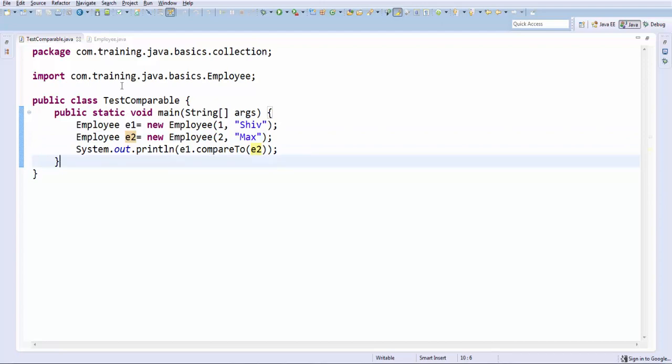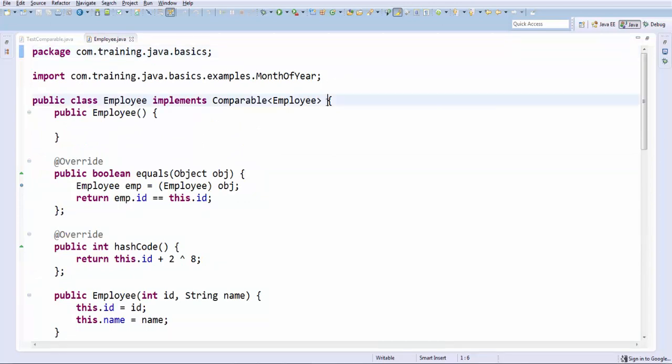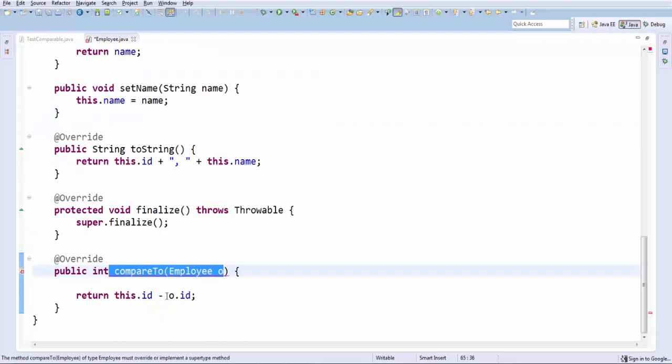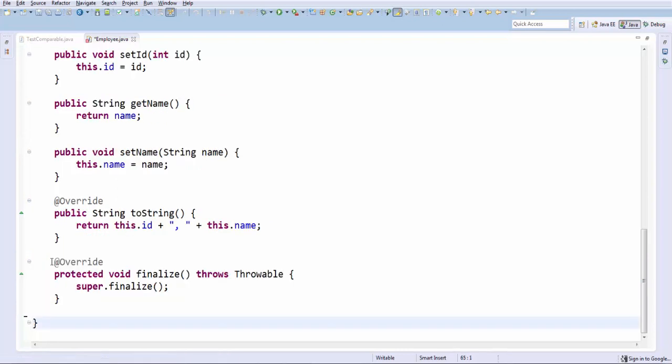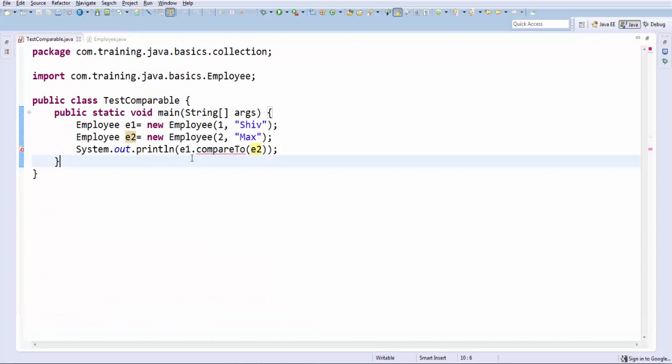Okay, so let's try to do one thing. Let's try to remove this Comparable. I want to show how Comparator works. When I say Comparable, it is basically implementing, overriding the compareTo method and doing the comparison. There is a scenario where someone says don't change the existing object and still try to do the sorting. So what we will do, we will create one custom class,